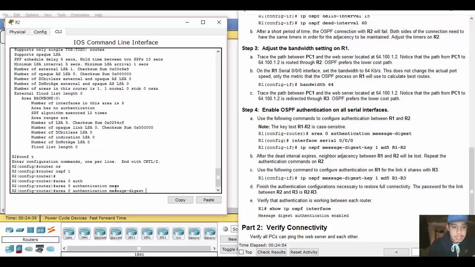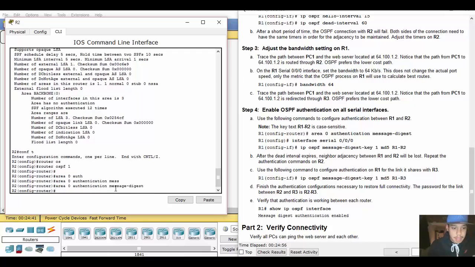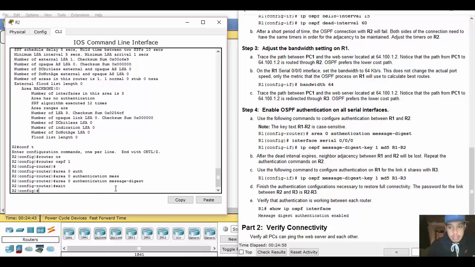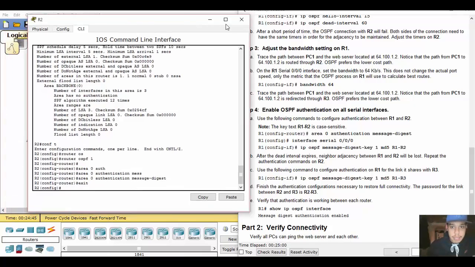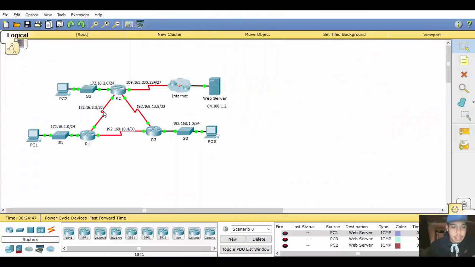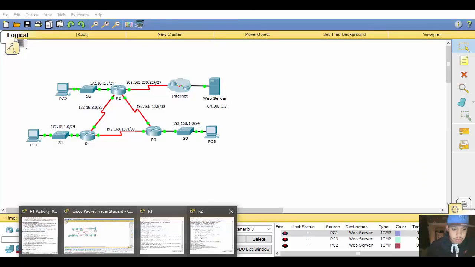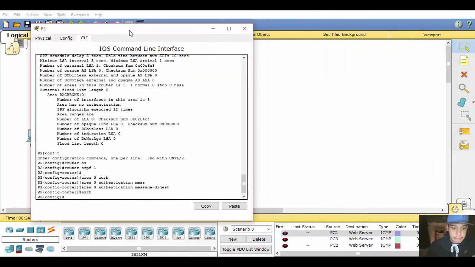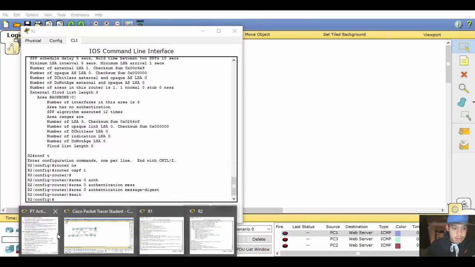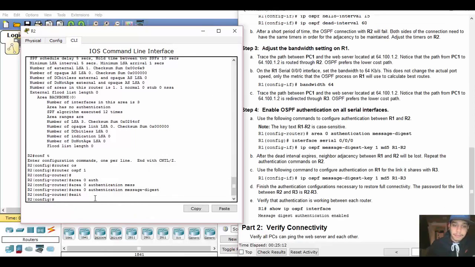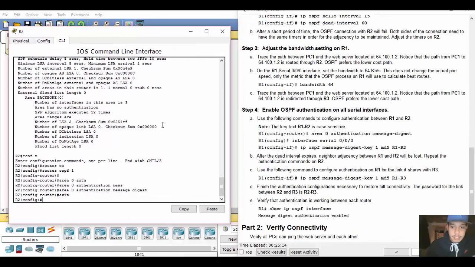Authentication message digest. Then we'll jump into the interface, just make sure it's the same interface. Yep, serial 0/0/0, so router 2. There we go. Interface serial 0/0/0,